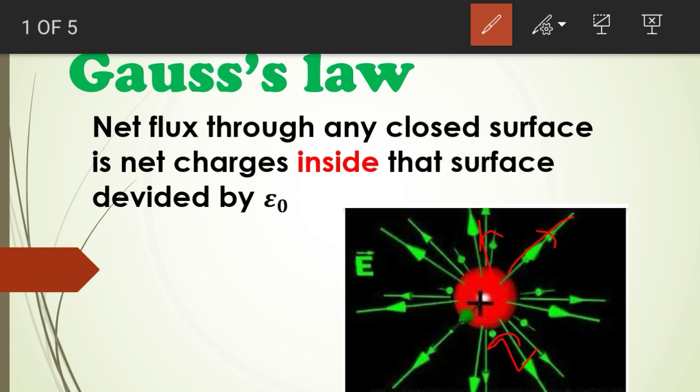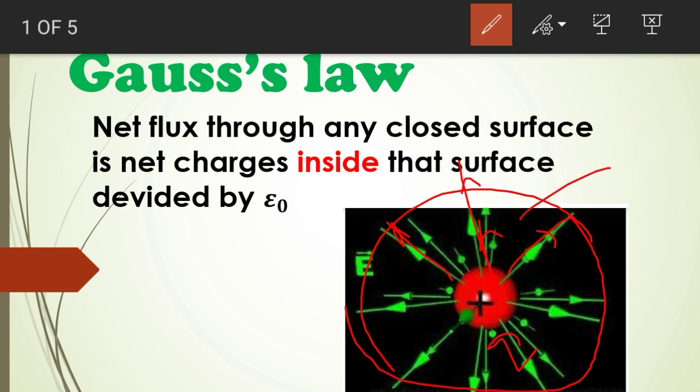So I have to choose a surface over here in such a way that every line of force will pass through that surface perpendicularly. The only geometrical figure that satisfies this condition is the spherical surface. If you imagine a spherical surface over here, then every line of force will hit the surface perpendicularly, right? So consider a spherical surface over here.